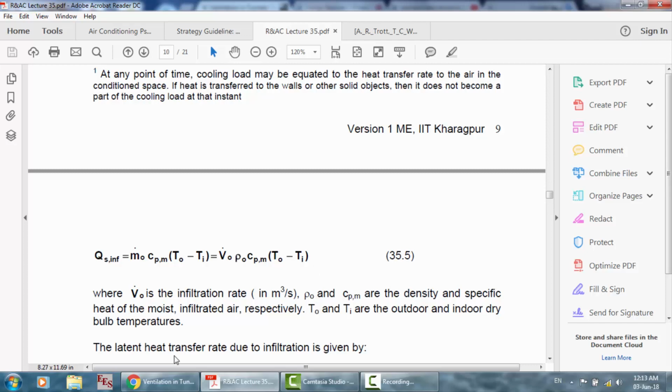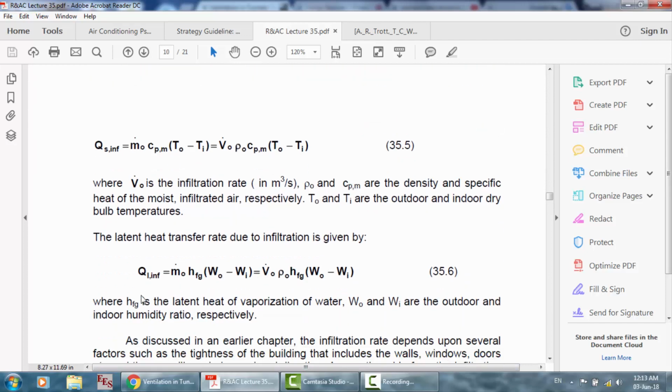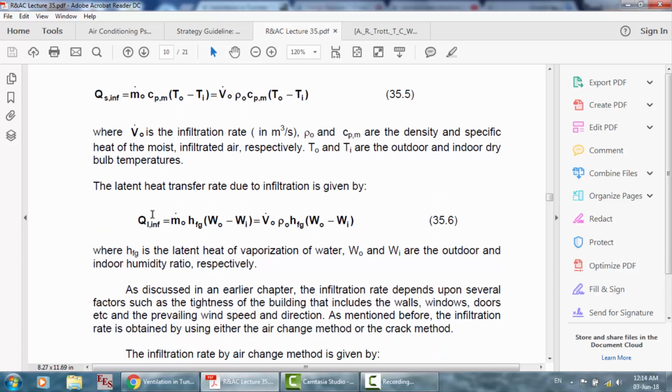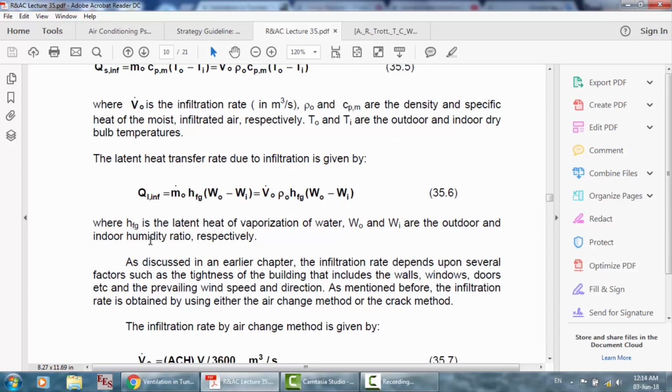We have here V dot is the infiltration rate in cubic meter per second; rho node and Cpm are the density and specific heat of the moist infiltrated air respectively. T node and Ti are the outdoor and indoor dry bulb temperatures. Also, the latent heat transfer rate due to the infiltration is given by this equation, where hfg is the latent heat of vaporization of water, and W node and W out are the outdoor and the indoor